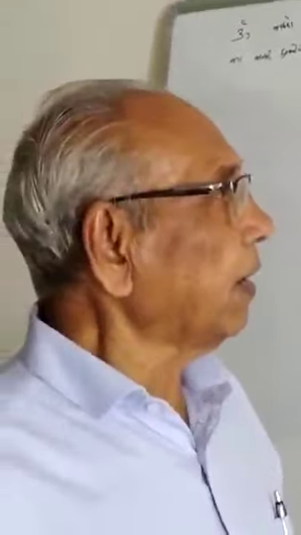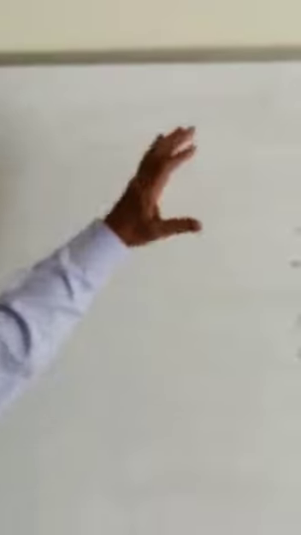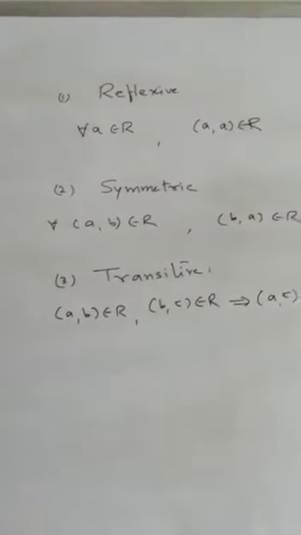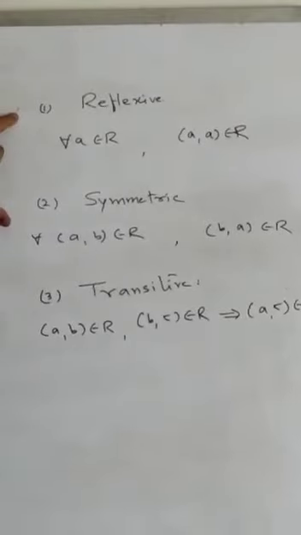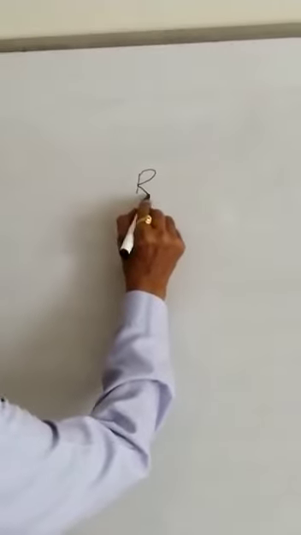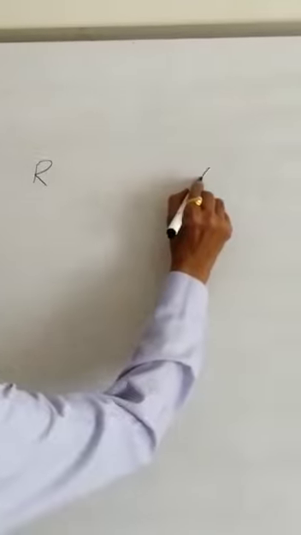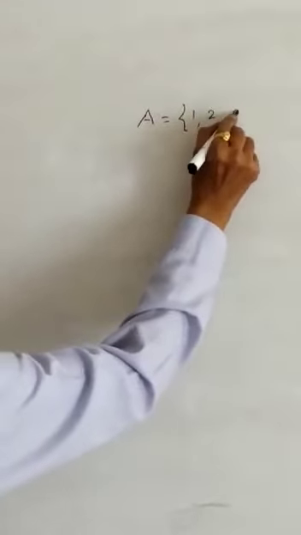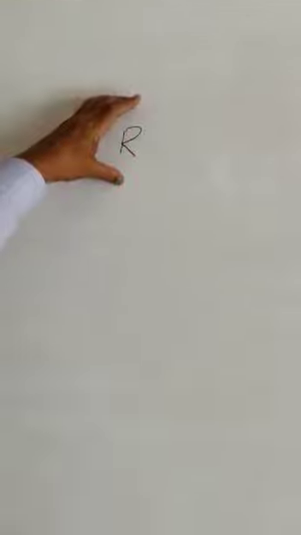Now we know that a relation is said to be an equivalence relation when it is reflexive, symmetric, and transitive. When any relation is given in a set A, with any set, then if we want to check whether the relation is reflexive or not,